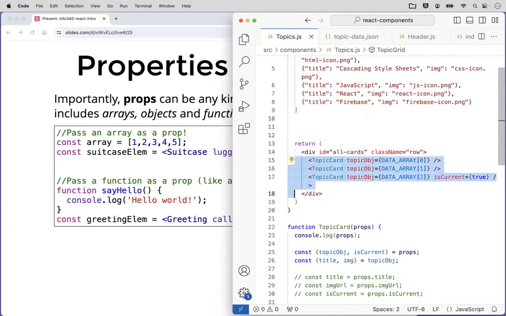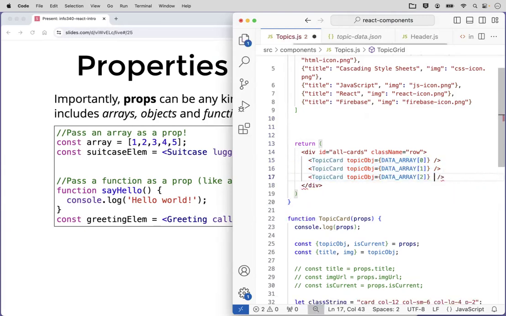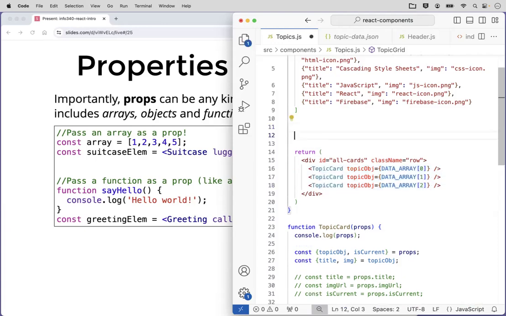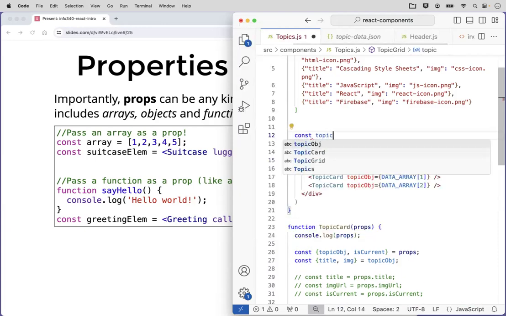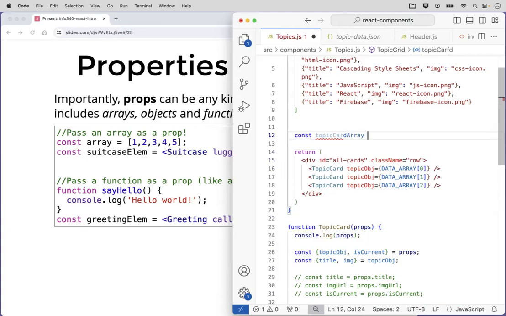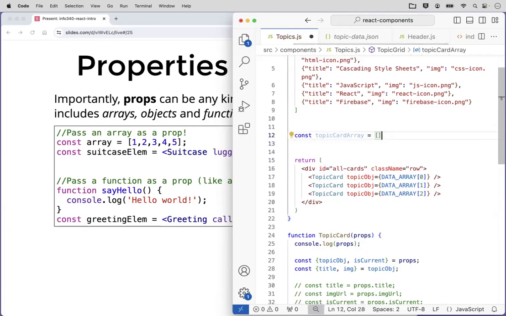So the cool thing to note here, right? So here I have these 3 different topic cards. I'm going to get rid of the isCurrent part for a moment, just because I want to keep them all the same. So I have these 3 different topic cards that are all siblings. They're all listed in a row inside my component. In JSX, you can render multiple elements as children of each other by rendering them as an array. So if I define a topic card array, and this is an array,